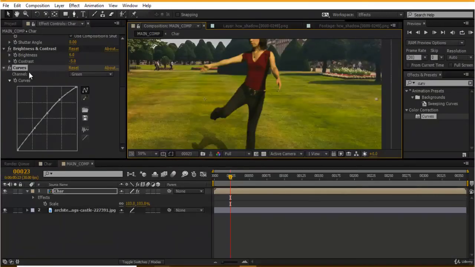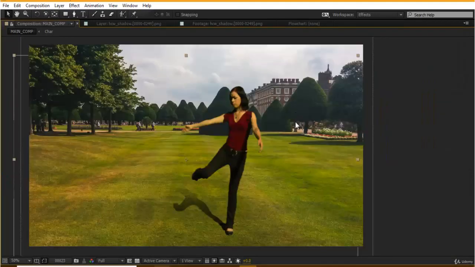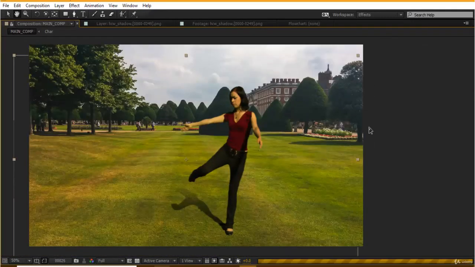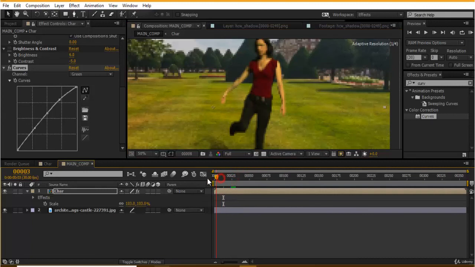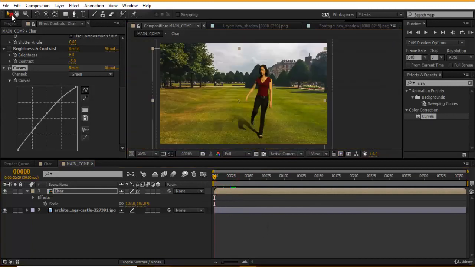So now if you see this, if I turn this on and off, this was the original one. And now it's blended pretty well, and it's looking totally natural as if this was already there. I'll just cache this up, and I guess caching is taking some time over here. So approximately I'm trying to cache around 100 frames over here.